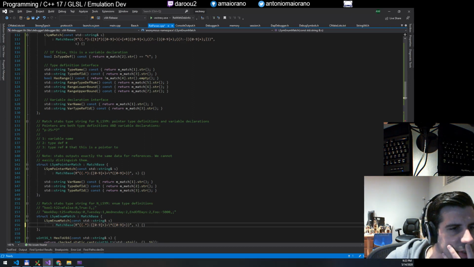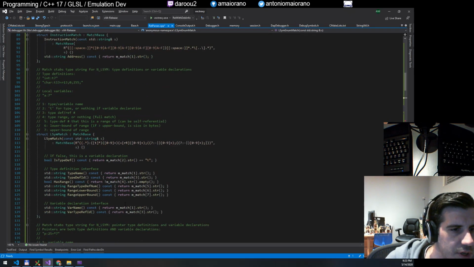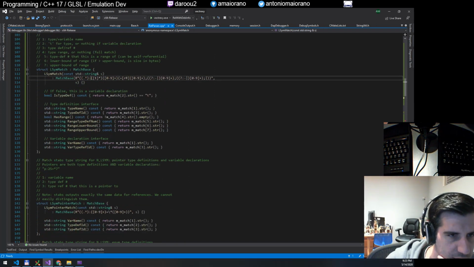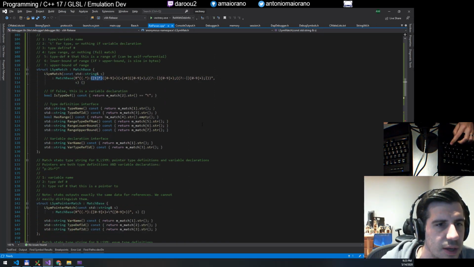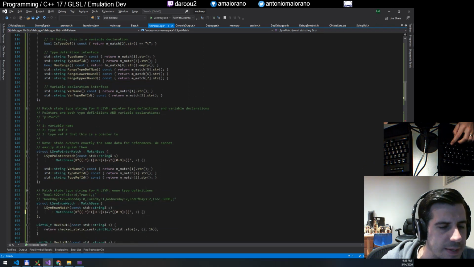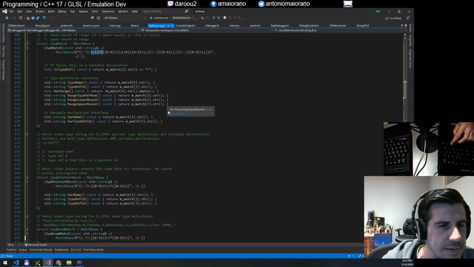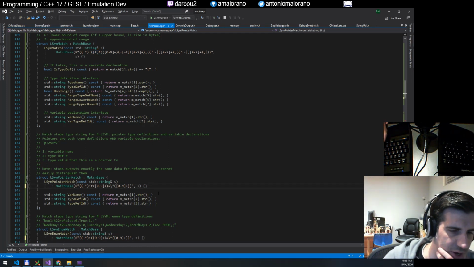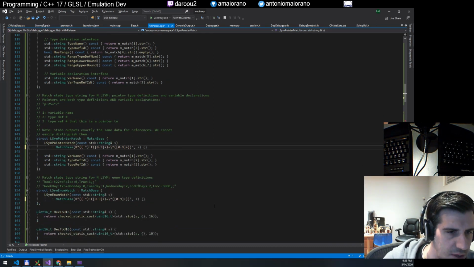This here is much more similar to a regular type definition. So I included the T in there. That's right, like that. And here I put 0 or more. Yeah, I can just match it. I don't really care. T followed by 1 or more numbers